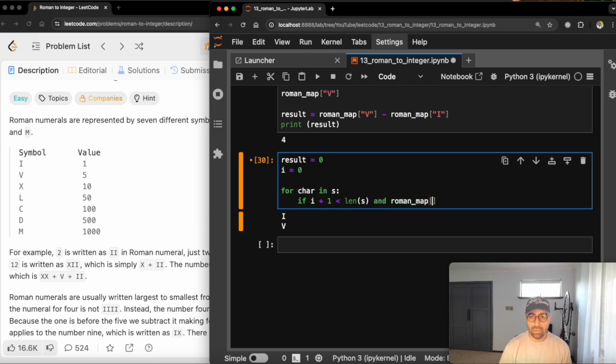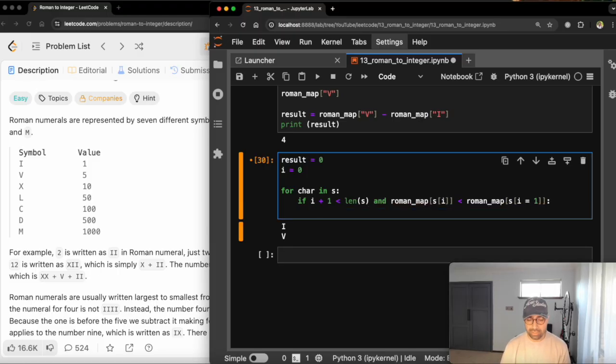So I will say Roman map of the string sitting on index I has to be smaller than Roman map of the index I plus 1 within S. So that's what I'm going to say. I'm just going to say would be within the length of the string, and also make sure one of the first ones is smaller than the next one. That's the reverse order, right? Now, if that's the case, all you need to do is to say result equals result minus the Roman map